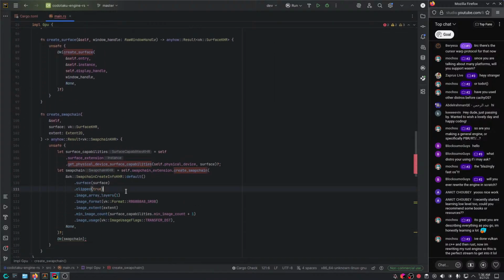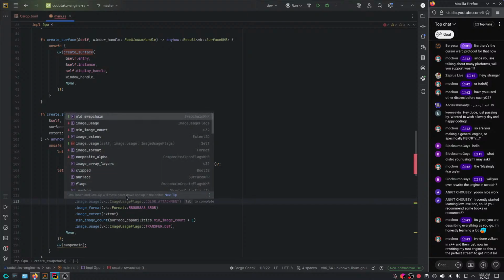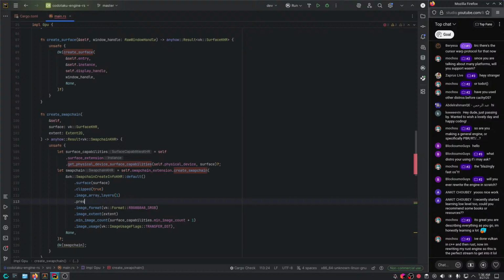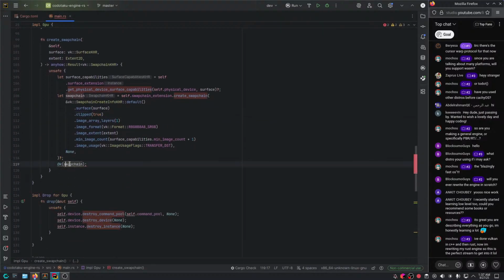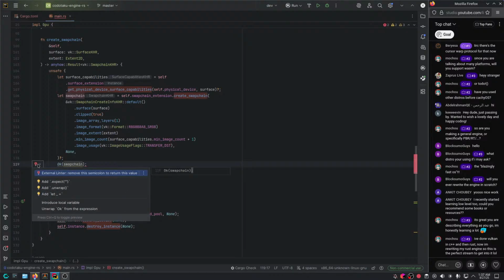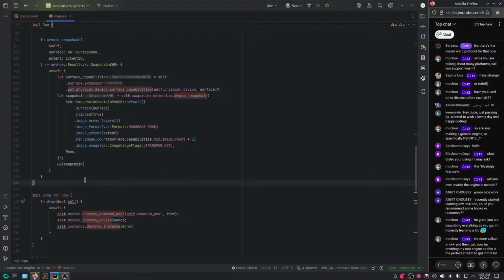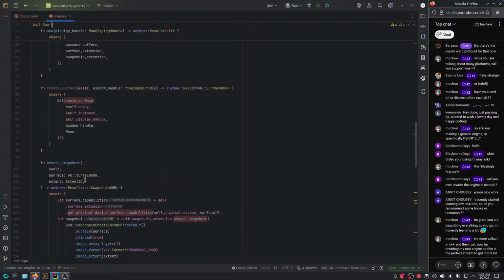I mean, there's other stuff, like you could, for example, control the vsync here by setting the present mode and so on. But basically I'm omitting a lot of fields that aren't really required. The default ones are fine for now, so I don't overwhelm you with a whole bunch of stuff. Other than that, what else do we have here? Remove the semicolon so we can return the value. Other than that, we're good.